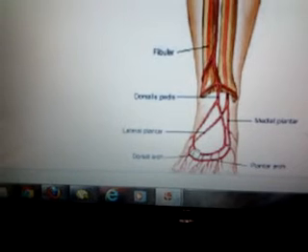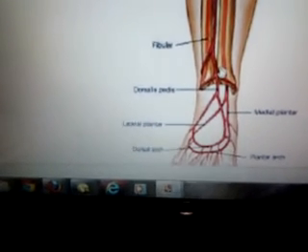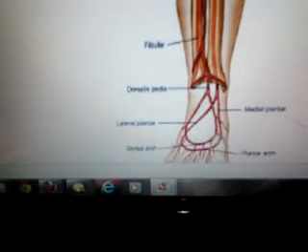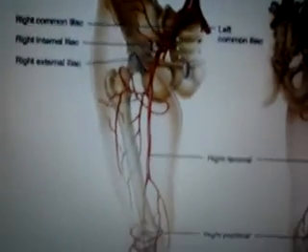We're going to the posterior side. I'll show you in another one. Let me just go on one time. I didn't use this before because it didn't show the inguinal ligament. So,